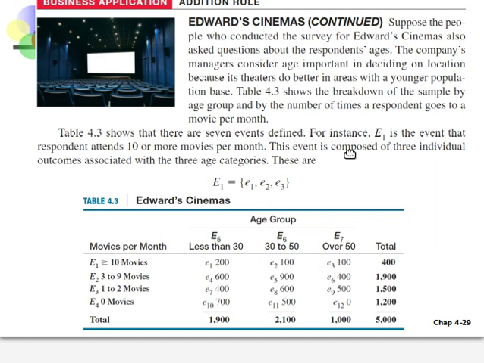This event is composed of 3 individual outcomes associated with the 3 age categories. One event has three other possibilities, which are